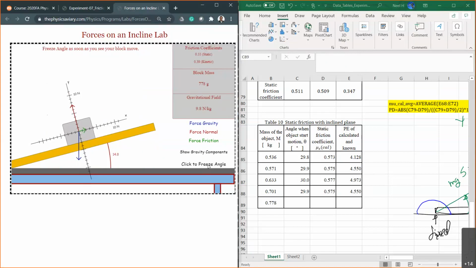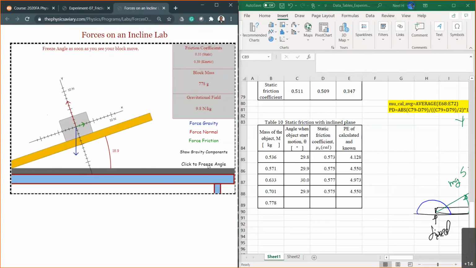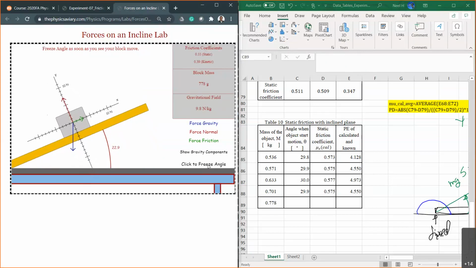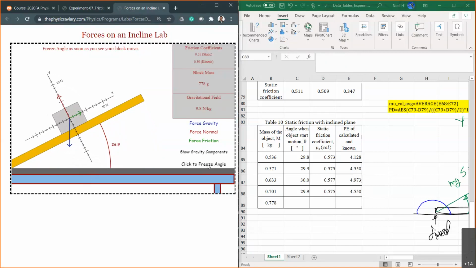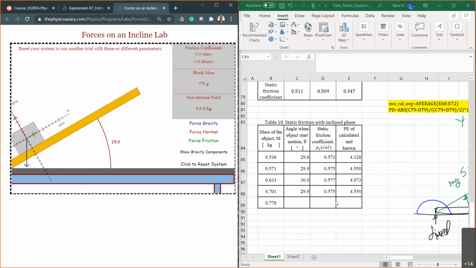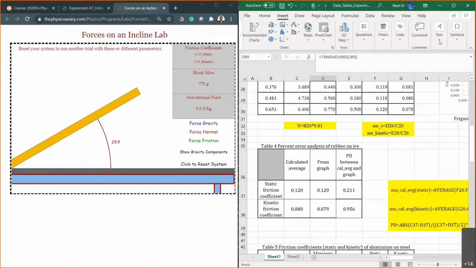Then let's let it run. Freeze it, 29.9. So there's no effect of the mass of the object at all. That's what we observe there. Let me include that